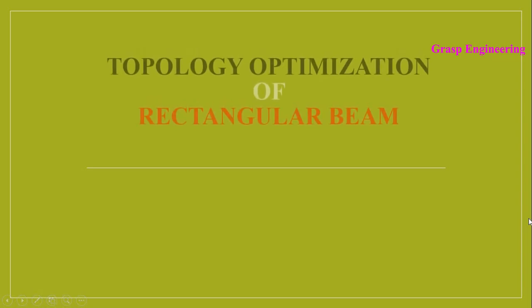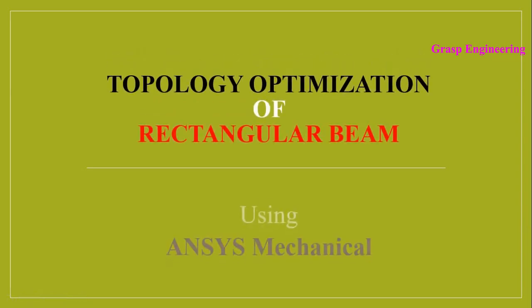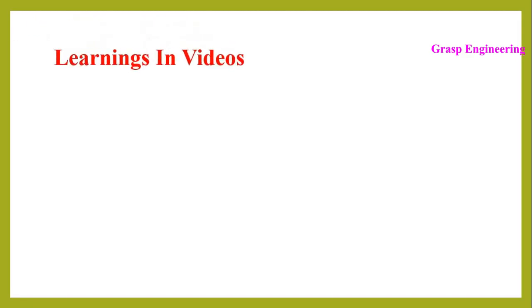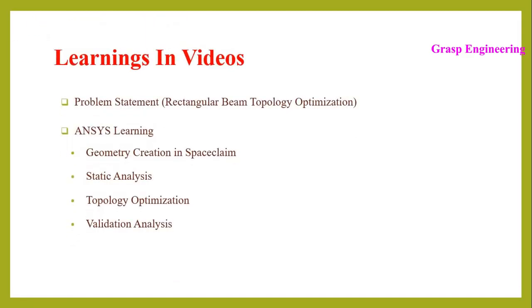So in this video we are going to discuss topology optimization of a rectangular beam using ANSYS Mechanical. This slide represents the learnings in this video. Very first we will discuss the problem statement of our present video. So here we are going to see the rectangular beam topology optimization, and then we will move towards our ANSYS